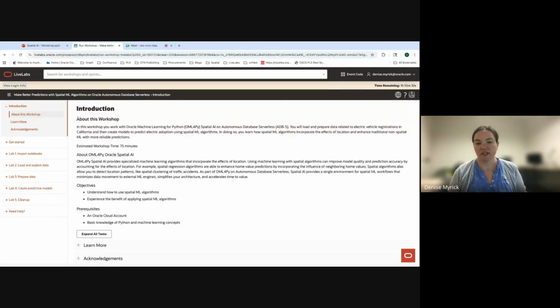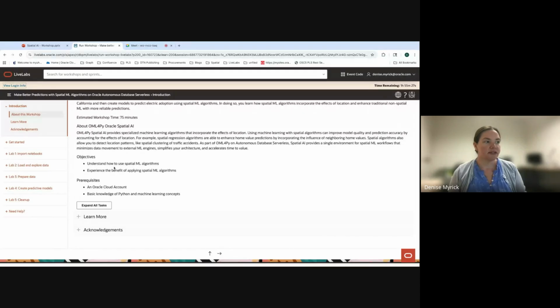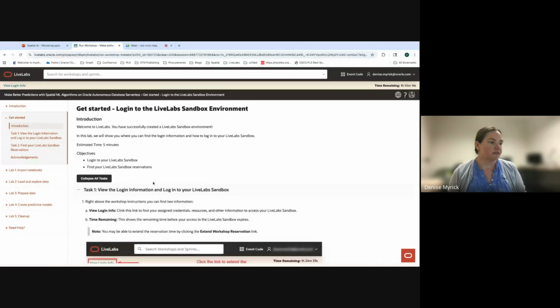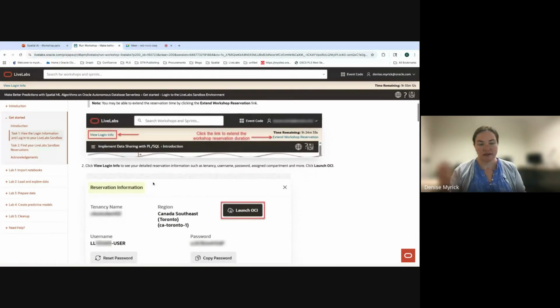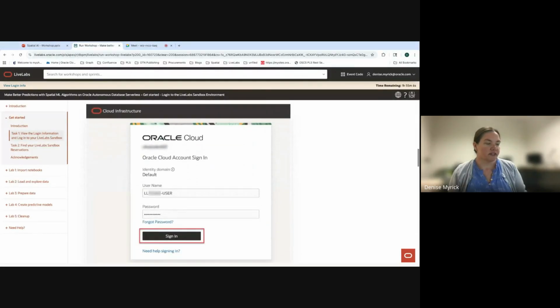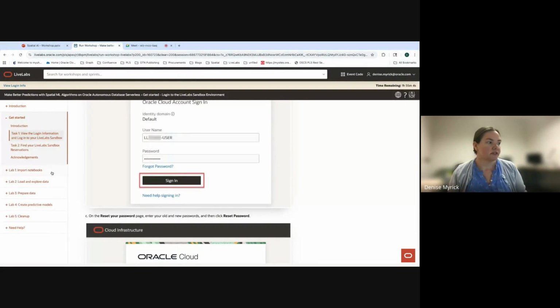But before I get too far ahead of myself, there's some more information here that we want to look at. So here you can see an introduction to the workshop. You can see what we're going to do today. There's a little information system here, and we're going to click on this Get Started button. And it's going to walk us through how to log into the sandbox. And it's going to talk a little bit about the things that we just went over and how to find the reservation. We already went over this, so we don't have to go too far in depth, but I just wanted to highlight that you have this information here if you go through any other live labs. So we're going to go straight into